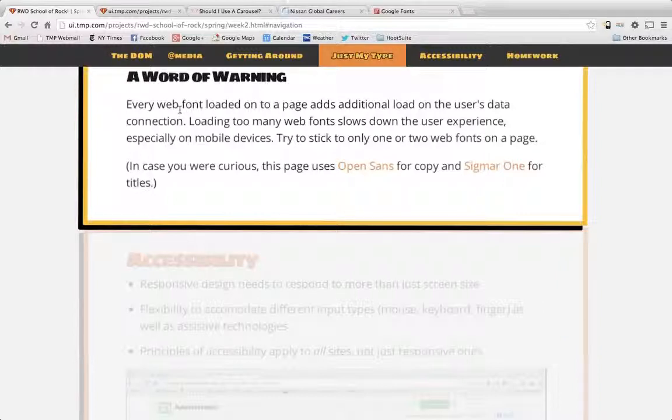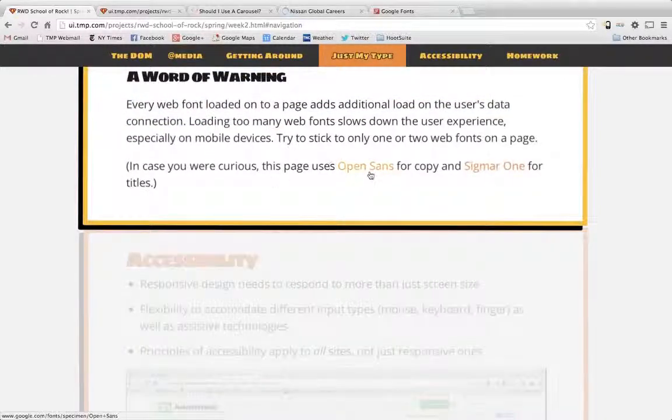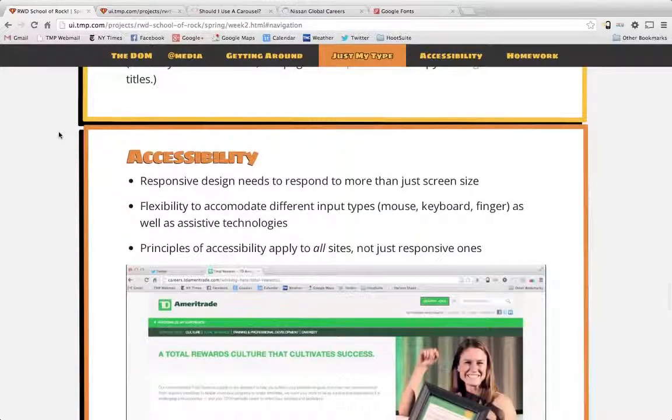Yeah, Google Web Fonts also has a lot of really fun fonts. It has nice, you know, like this is Open Sans, the typeface that this is. It has nice plain fonts, and then it has a lot of really fun styled up fonts. Both of these are Google Web Fonts, Open Sans and Sigmar One. Yeah, but highly recommended. All right, if there are no other questions about fonts, we're going to go on to